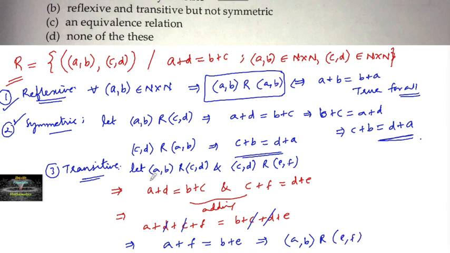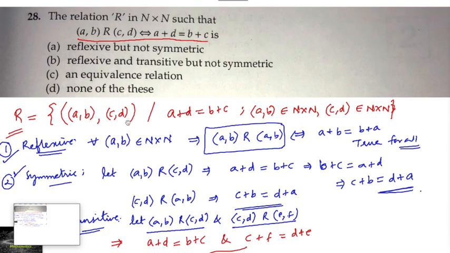So when (a, b) is related to (c, d) and (c, d) is related to (e, f), then automatically you got it, (a, b) is related to (e, f), and hence we can say this is also transitive, and hence we can say this relation is an equivalence relation. So among the four options we